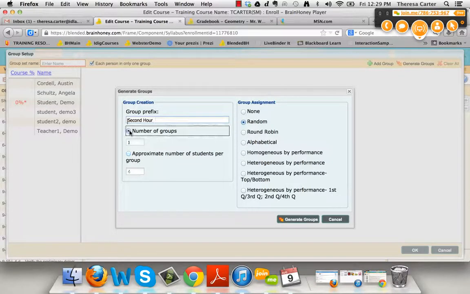So I know that in second hour I want 2 groups, and this is what I'm going to be looking at here. So I want 2 groups, and it's going to divide this. It will do the math for me. Or I can click the approximate number of groups and they can get it close for me as well. But I'll just click the number of groups. On the group assignment over here, you can choose random. You can do round robin, which will just pull kids out and you can move them around. It will do alphabetical. So here are some options, but I usually just do random,